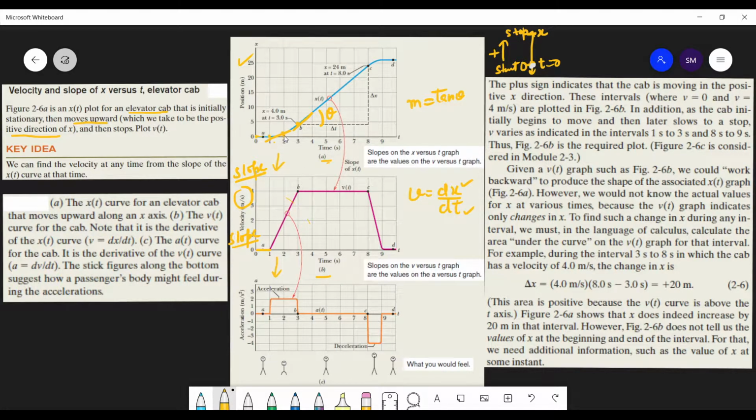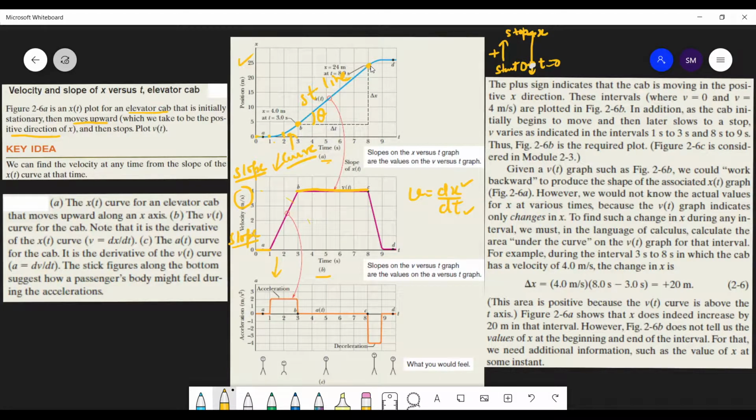So here the slope was 2 and here the slope is 4. Now the slope from B to C is a straight line. So A to B, it's a curve. When you have a curve, it means velocity is changing. Now you have a straight line, so theta is constant, so the slope is constant. Velocity is constant. Got it, students?